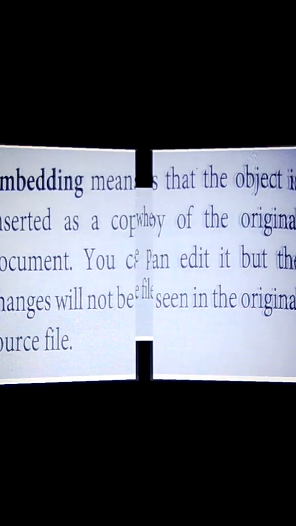But what is the meaning of linking? Linking means that when an object is linked, the information in the presentation will be updated if the source file is modified. Now if you did linking, and you make any change in Word, the same change will appear in PowerPoint also. This is called linking. In linking, the change happens if you change the source file. In embedding, there is no change in the copy file, and there is no effect in the source file.